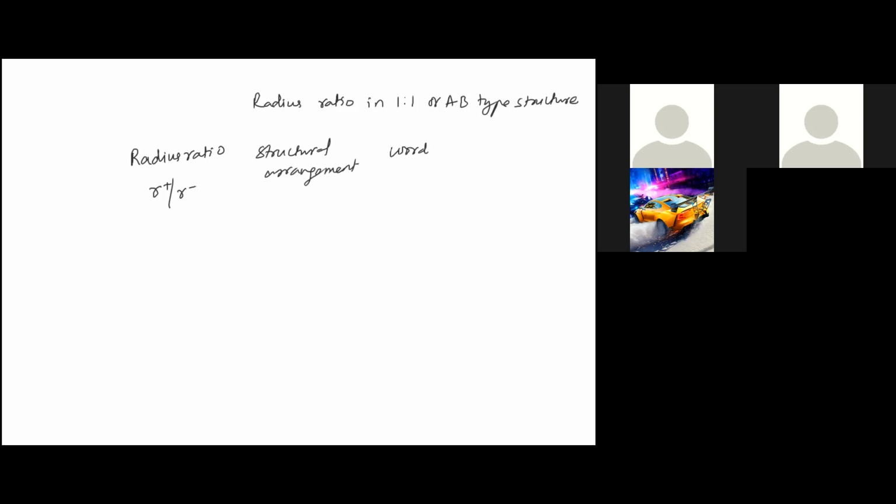So you can see the radius ratio of R plus and R minus, cation and anion. We are specifically writing the radius ratio for 1:1 or AB type structure. I'll tell you what you'll understand: the structural arrangement, the coordination number, and the examples that are there. So the ratio R plus by R minus is